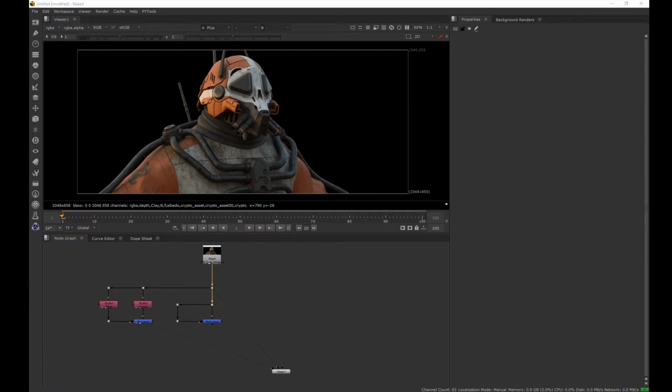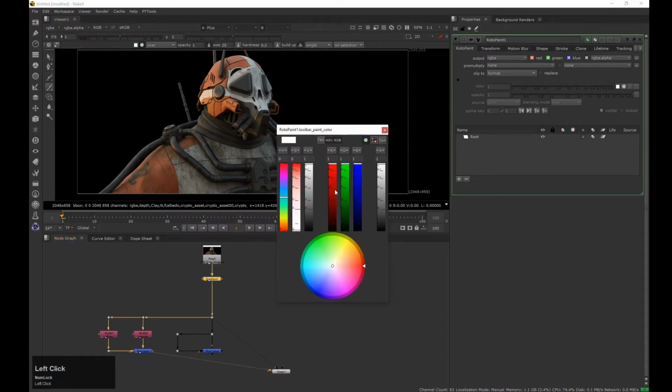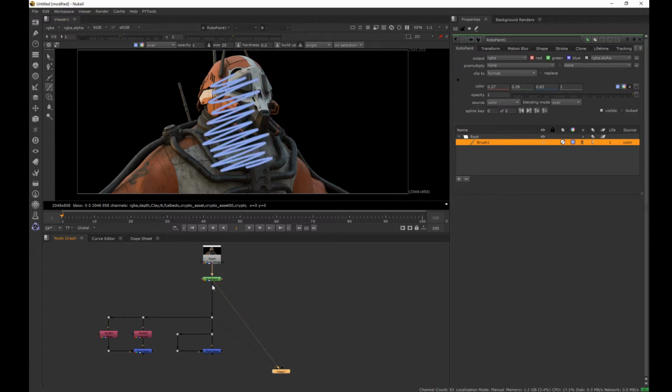Like this. To be able to see a little bit better what's gonna happen, let me just paint something over my original image. So with the roto paint, I just paint quickly something over it. Like this. So now what I want to do is the exact same operation that I've done here, but directly inside my merge node. Open the merge node,